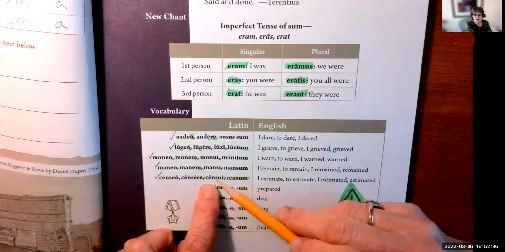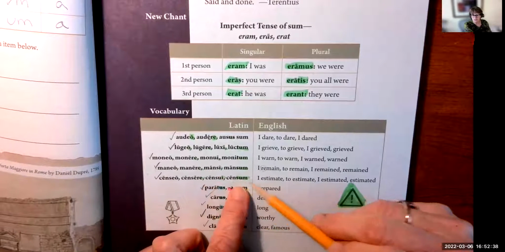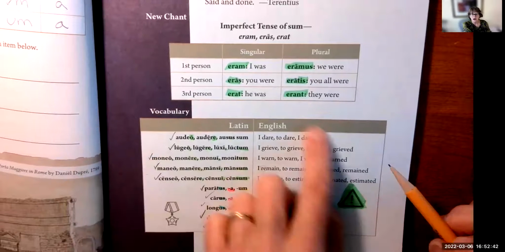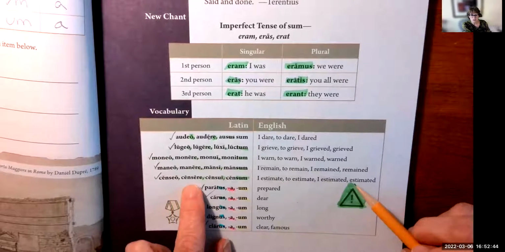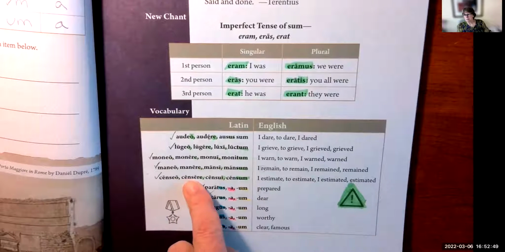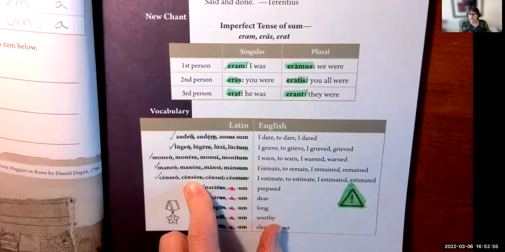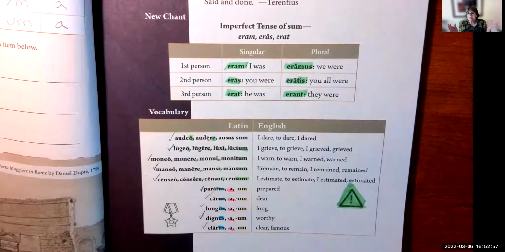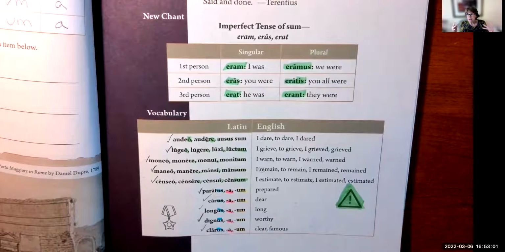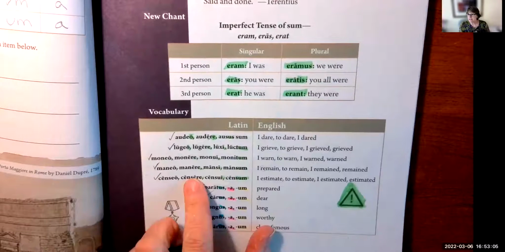Censeo, censere, censui, census. I estimate, to estimate, I estimated, estimated. These are your 5 second conjugation verbs. And for this one, I see the word census. Now, every 10 years, they send out a letter. Someone used to knock on your door and say, how many people live in your house? They're doing a census. They're estimating. That's why they do a census. They're estimating how many people are in this country. That's what a census is.